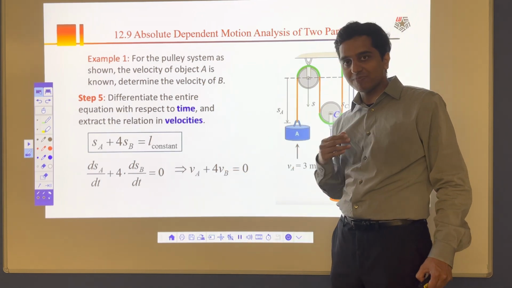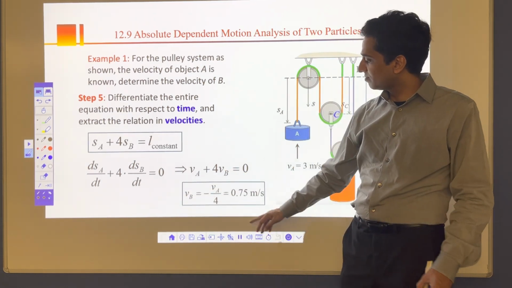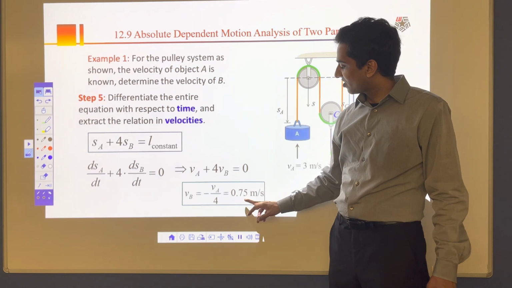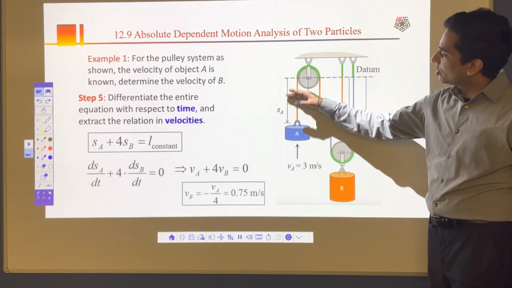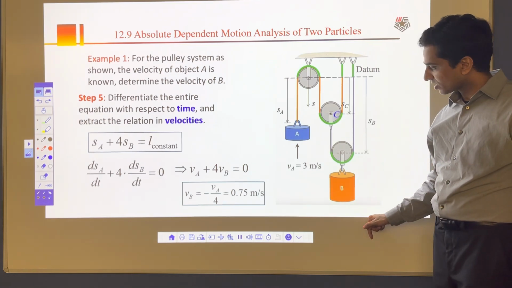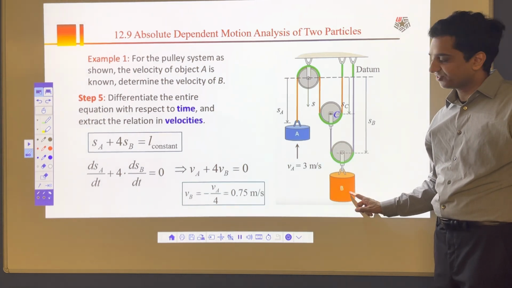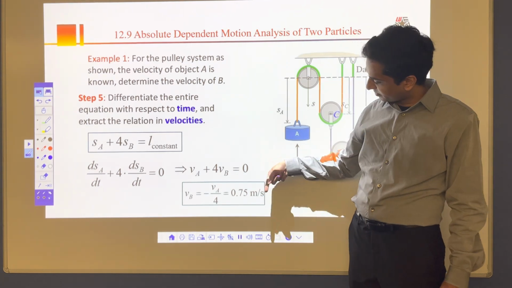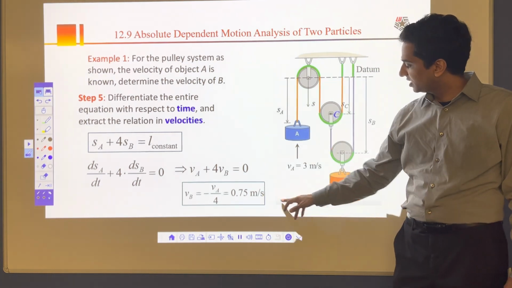VB is equal to 3 by 4, and therefore VB will become 0.75 meter per second. So this A is going upward with 3 meter per second, B is coming downward with 0.75 meter per second. You can write like that, or you can represent the direction, downward direction, later, and that's how you can